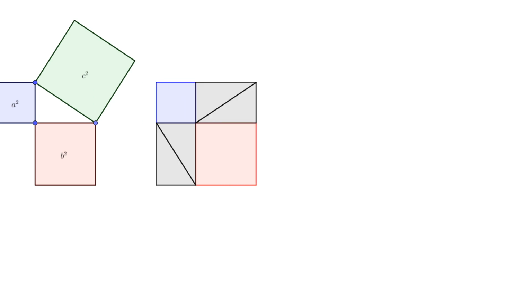So let's look at how we might do this. And let's do that by starting to look at just the a squared and the b squared. So I'm going to move them over to the side to look at them separately. And I'm going to fill in this bigger square here. So now my side lengths are a plus b. So in total, I have a square with side lengths a plus b. So now let's see how we can rearrange them. Essentially what I have here is a square that consists of a squared and b squared plus these 4 extra